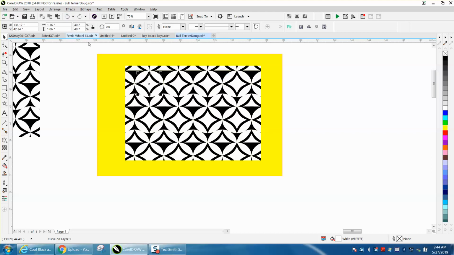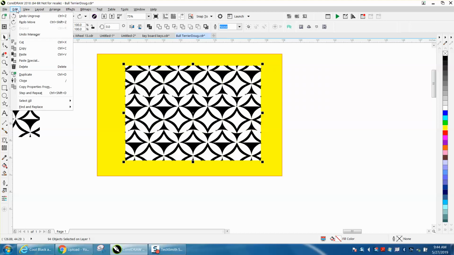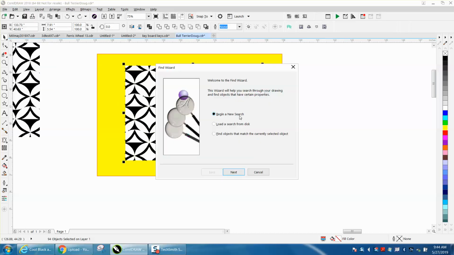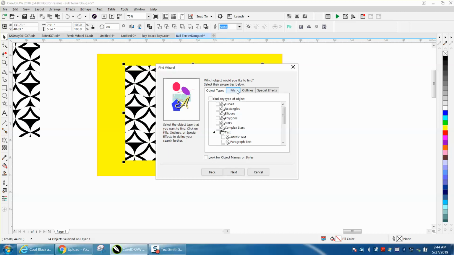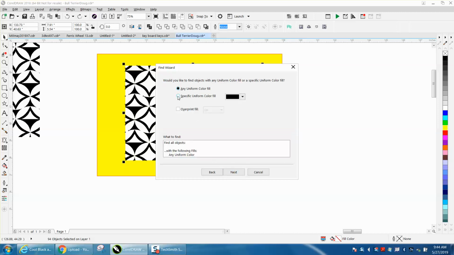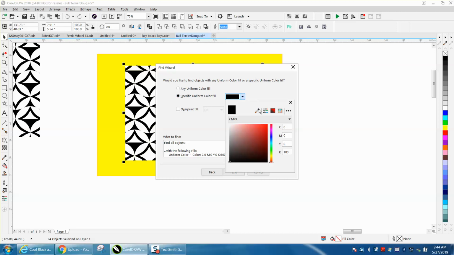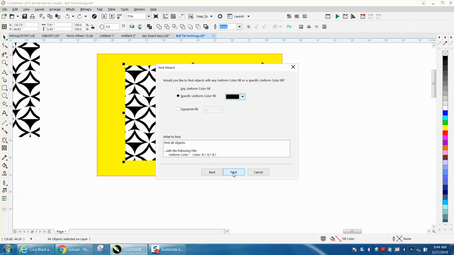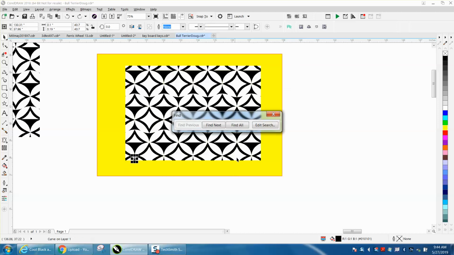Well, that's not going to be as neat of a pattern, but I'm going to show you how you can get rid of all the whites or all the blacks. So we're going to select this. We're going to go up to edit, find and replace, find object, start a new search. We're going to find a fill, a uniform fill, next. Click on specific, get your eyedropper tool, and let's select all the black. Hit next, finish, find all,